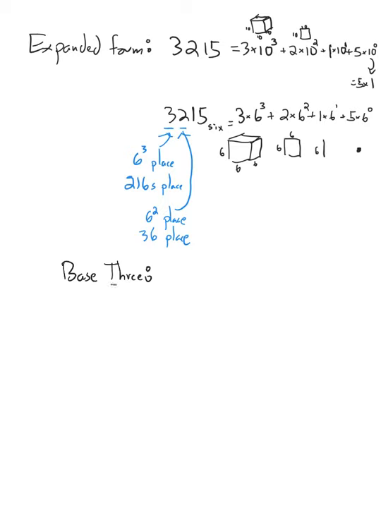So remember, anytime we have 3 of anything, we regroup. So in base 10, this is going to be our base 10. We have 0, 1, 2, 3, 4, 5, 6, 7, 8, 9, 10, 11, 12. We'll just do that. In base 3,